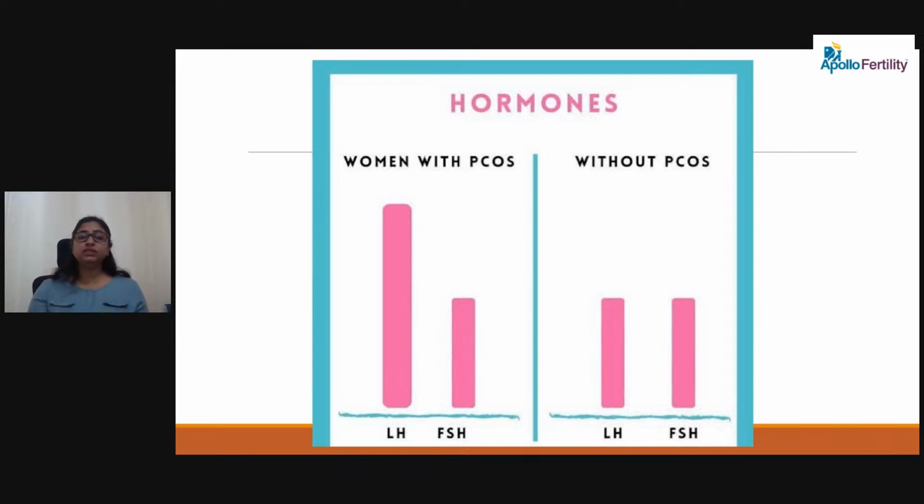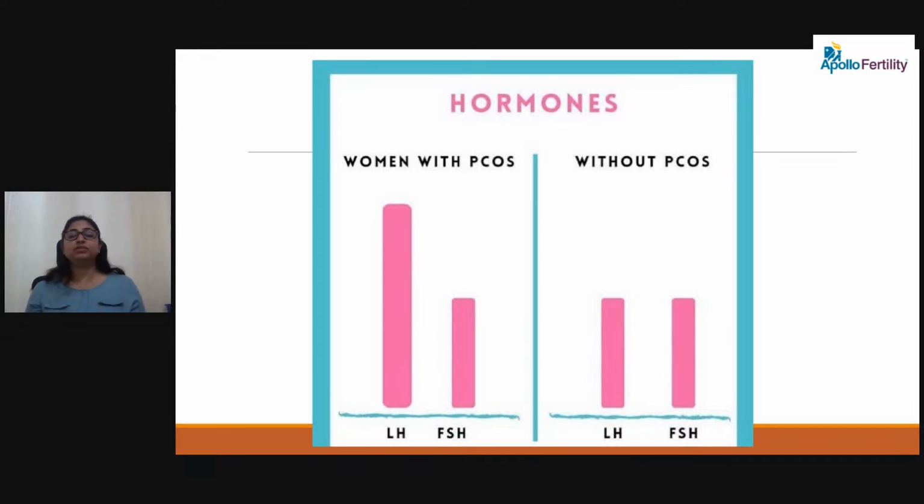These hormones also change their levels with the cycle, because there is a cyclical change of these hormones. Initially FSH is high so that the follicles grow, and then the LH becomes high so that the egg is released. This is the whole cycle which goes on. These FSH and LH hormones are secreted by the pituitary gland in the brain. In PCOS there is an imbalance of LH and FSH, which causes imbalance in the other hormones like estrogen and progesterone. These are the problems which are there in PCOS.